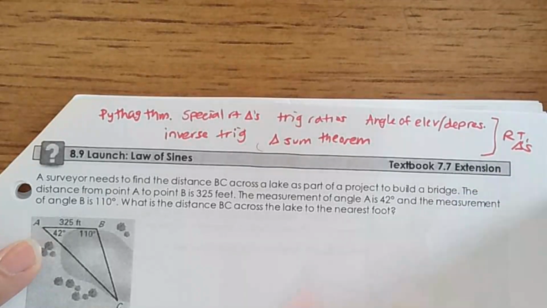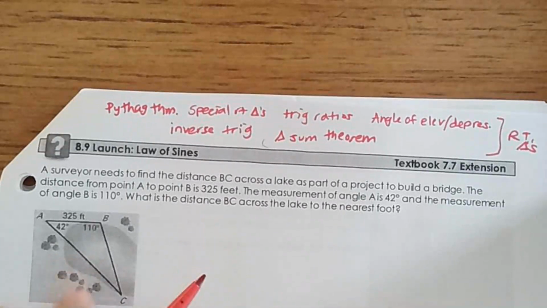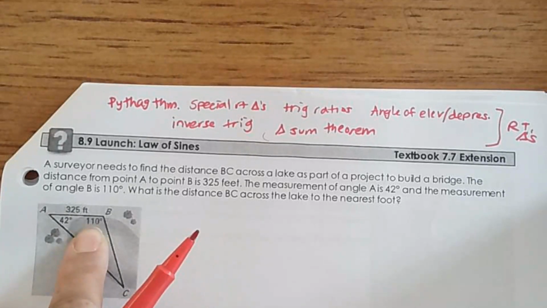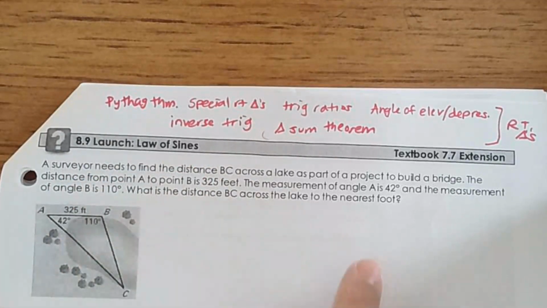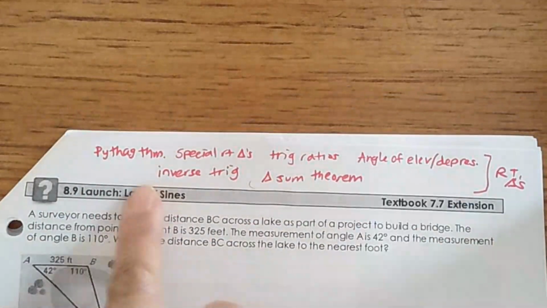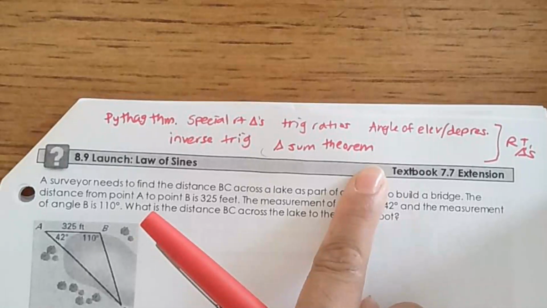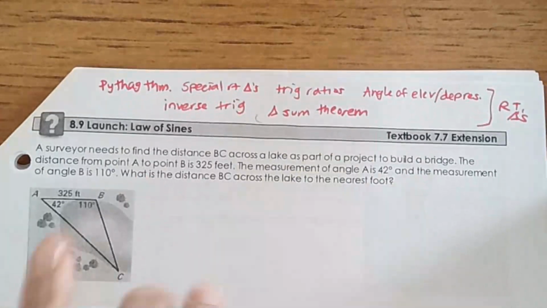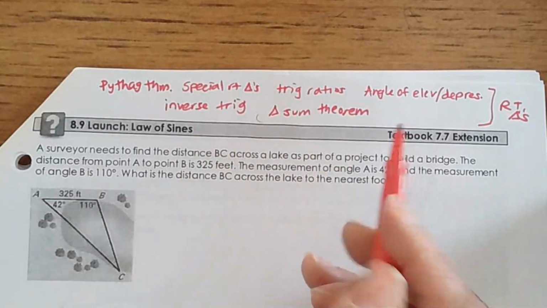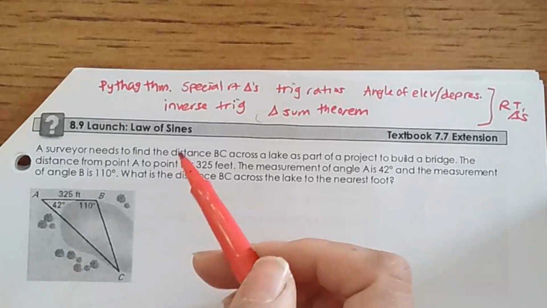But if I see a diagram like I'm about to here in this launch for this triangle, it is not a right triangle. It's definitely not, because it shows us a 110-degree angle, which is obtuse. And so we'll kind of read through what this is asking us for, but we need to keep in mind that we can't just use any of these methods right off the bat. We may have to try to kind of alter this triangle and try to then make it a right triangle so that we can possibly use it, because right now you haven't been introduced to this new option, which is